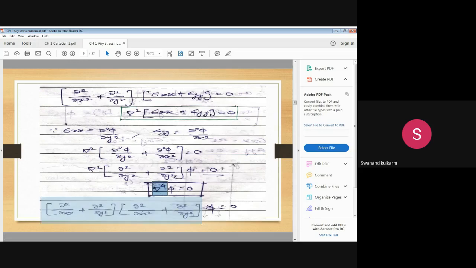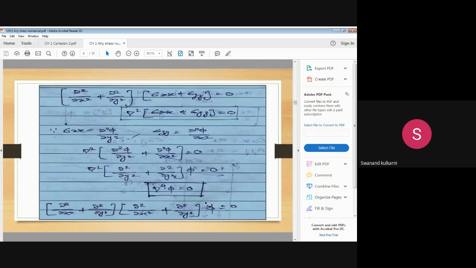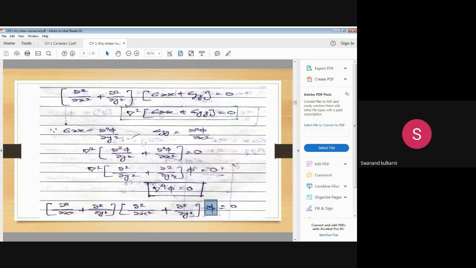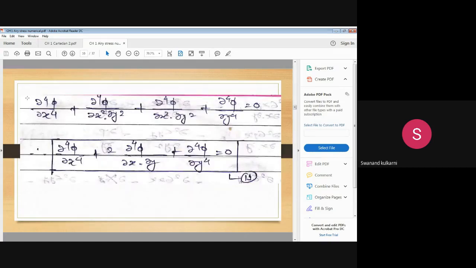Now let us see that this del raised to 4 is nothing but a del square and del square. So first del square is ∂²/∂x² plus ∂²/∂y², and another del square is ∂²/∂x² plus ∂²/∂y². Is it okay? So these two bracketed quantities into phi is equal to 0. So that is del raised to 4 phi is equal to 0. So that we can understand here, and by elaborating that concept, finally del raised to 4 phi